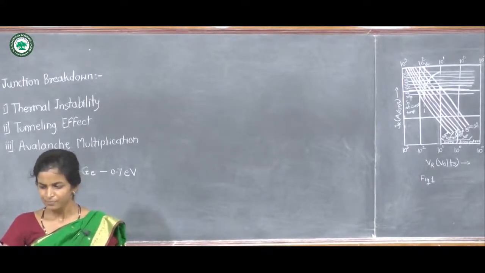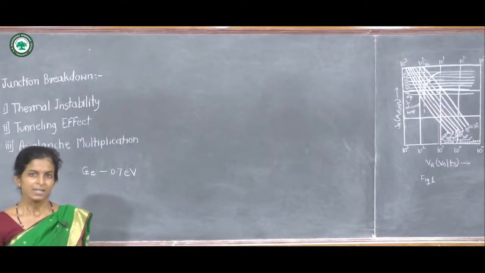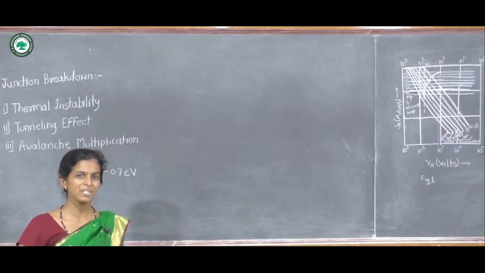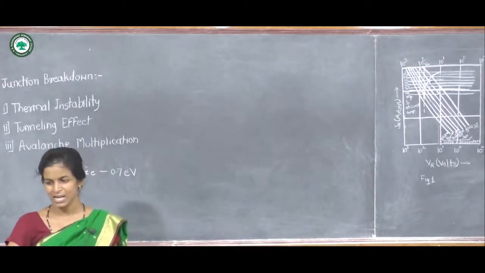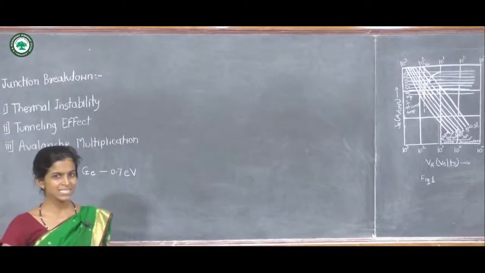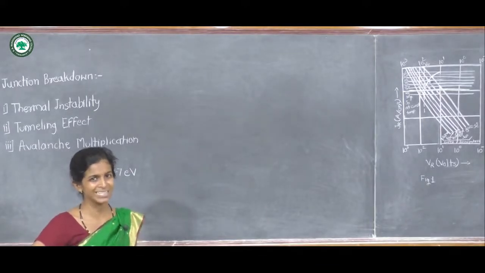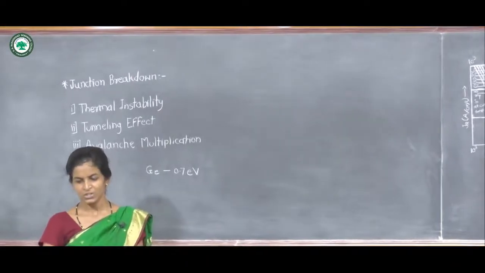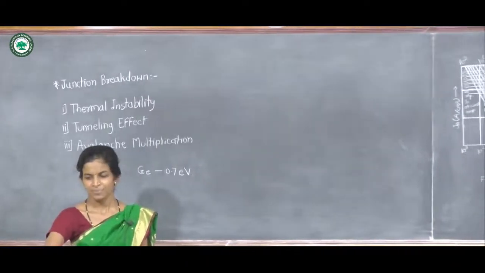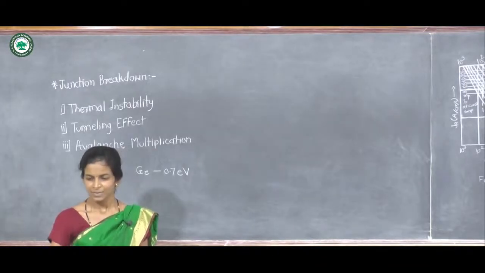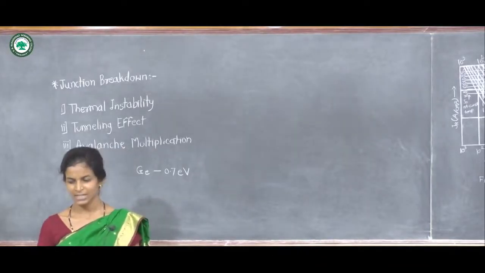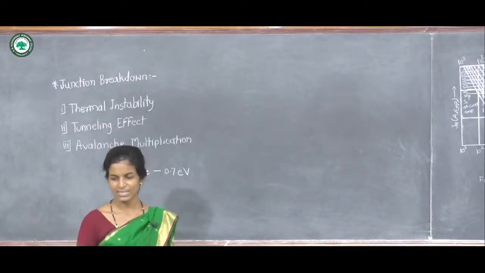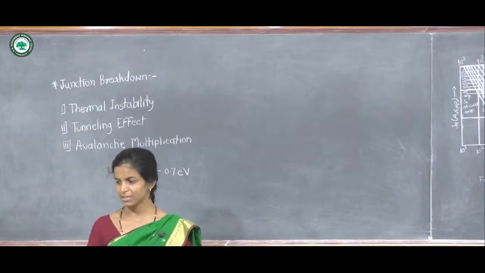That is, due to heat dissipation, the temperature of the PN junction increases, which lowers the resistance of the PN junction with increase in temperature. In this case, the diode will be destroyed unless some special measure like a large series limiting resistor is used, and this effect is called thermal instability.